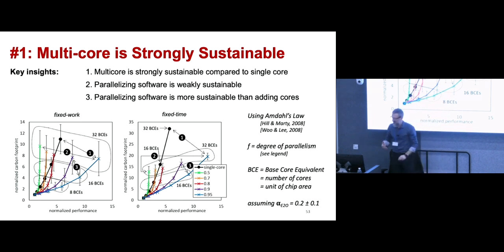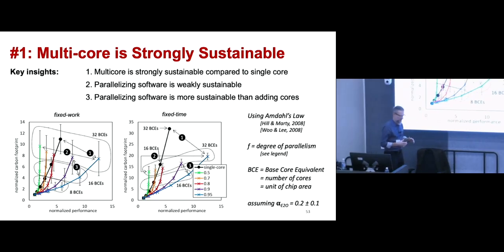So that's why I'm saying, and I have a slide coming up later, we have to be a little more sober as we move to new technology nodes. If we don't use all the transistors that we have, but only a fraction of them, and so be a little bit more sober, we can at the same time improve performance and also reduce total carbon footprint. That's essentially what this boils down to.